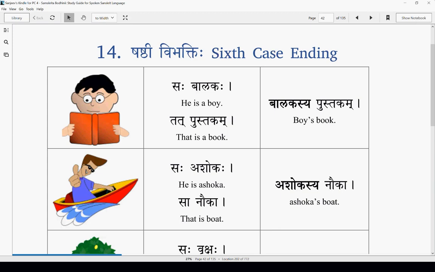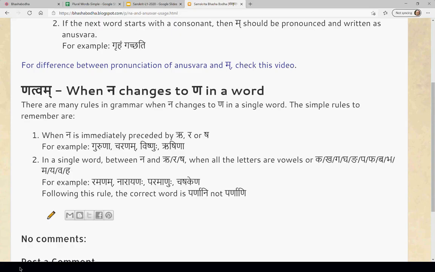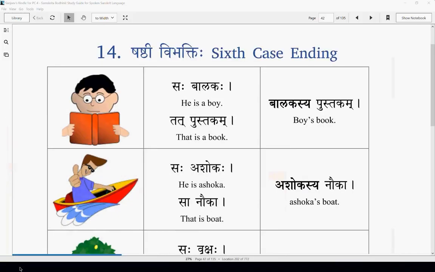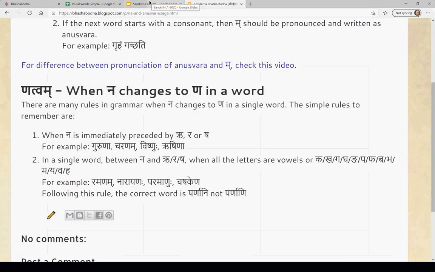Each nama padam or a noun. Sorry, what happened? I pressed something. Each nama padam